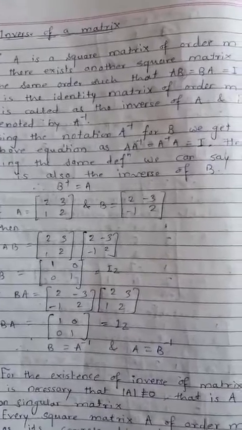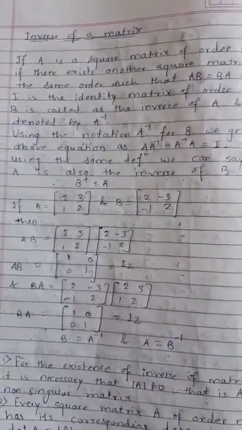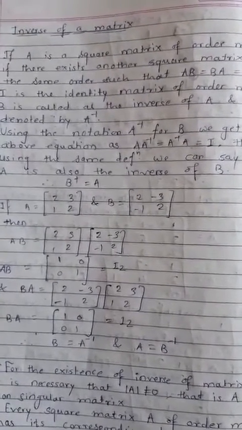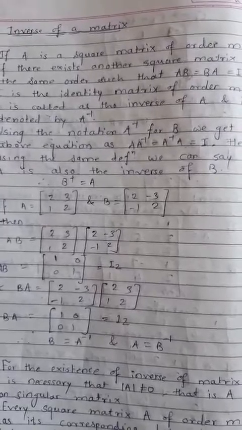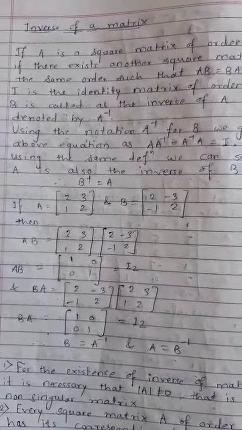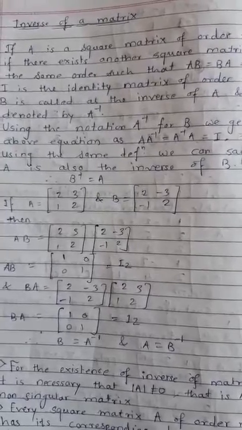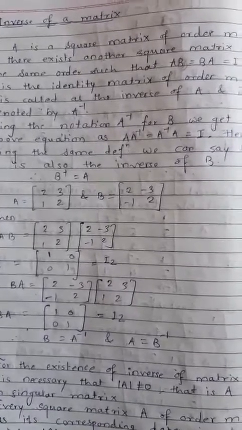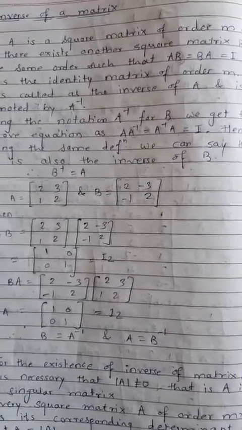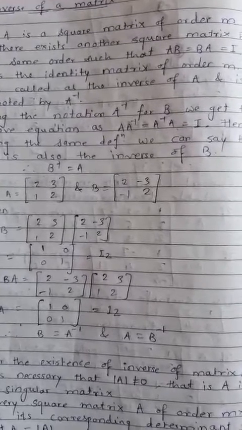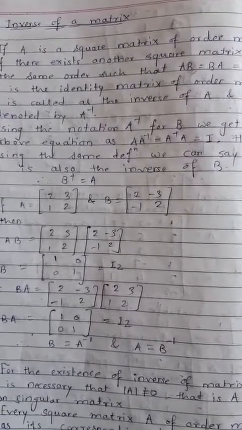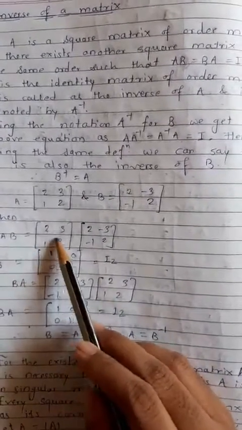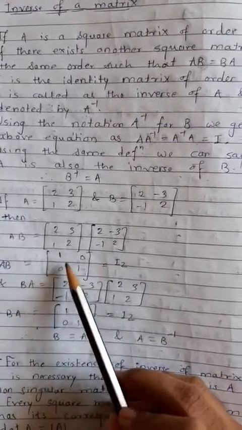Students, whatever we have learned till now is the basics, because after this we are going to see inverse, and there are two types of methods to find the inverse of a matrix. So please go through the basics again and again, whatever it was: addition, subtraction, multiplication, and some transformations. You have to clear those basics first and then come to the inverse of a matrix.